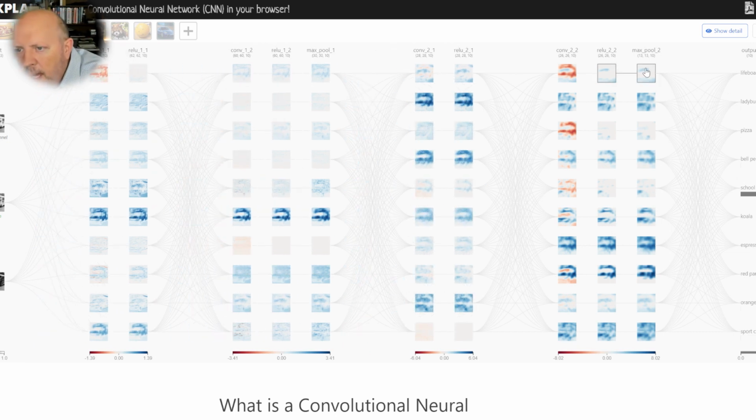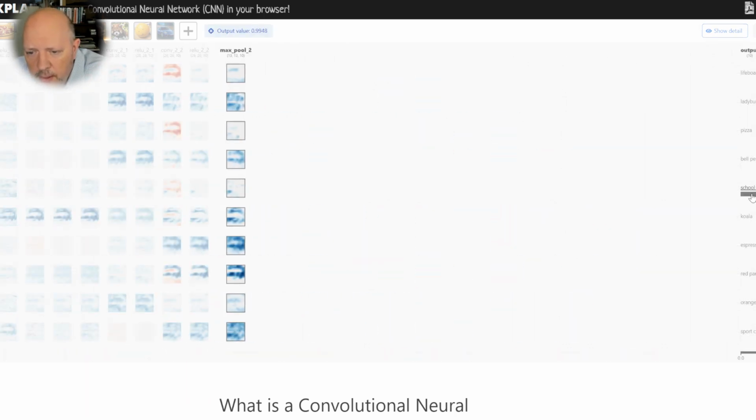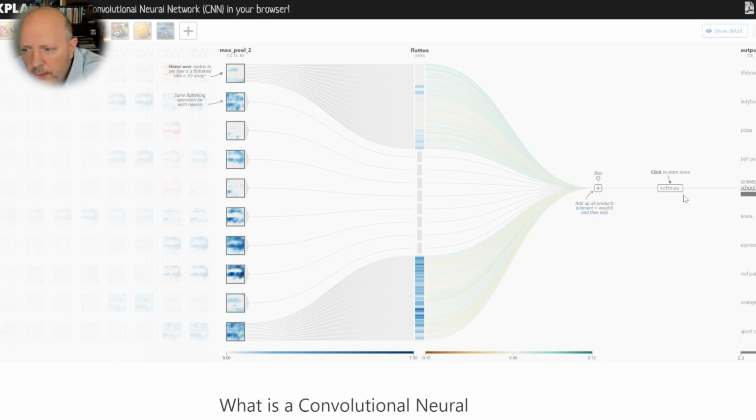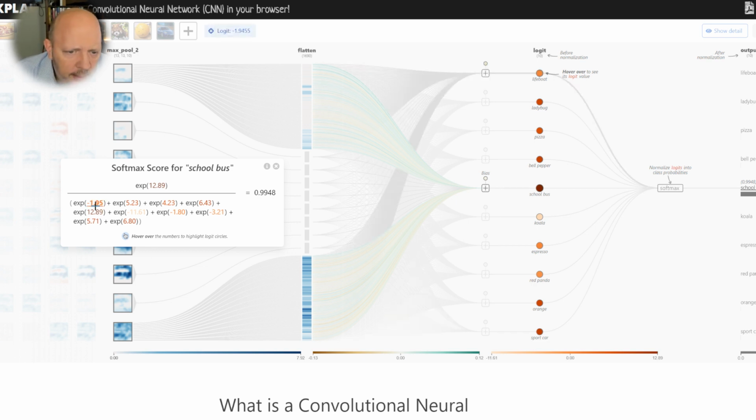You can look at this right here, and it tells us what we're looking at. Let me go here. School bus. Okay, here's that softmax function. If you don't know anything about math, and I said I want the pathway that has the highest number: -2, let's say 5, 4, 6. Well, that's a pretty high number. What's 6? A bell pepper. So we know it's not a bell pepper. Oh, 12. Look at that, 12. What's 12? 12 is a school bus.